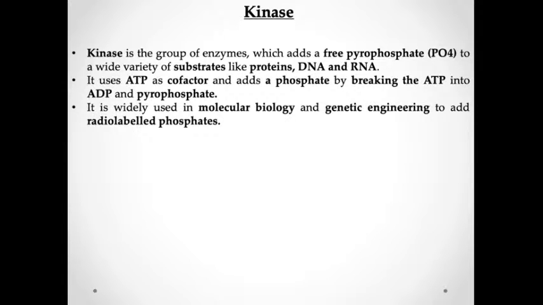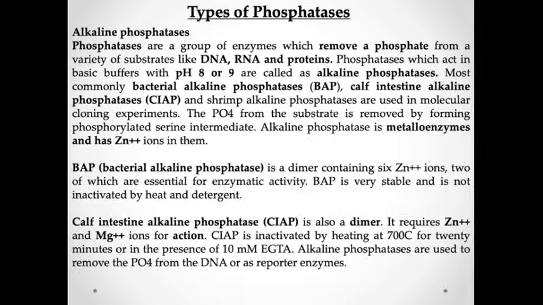Kinases are the group of enzymes which add a phosphate to a wide variety of substrates like proteins, DNA and RNA, and they use ATP as a cofactor, adding a phosphate by breaking ATP into ADP and pyrophosphate. So it is widely used in molecular biology and genetic engineering to add radiolabeled phosphates. Phosphatases could be of 3 types: alkaline phosphatase, bacterial alkaline phosphatases and calf intestine alkaline phosphatases. So within alkaline phosphatases,